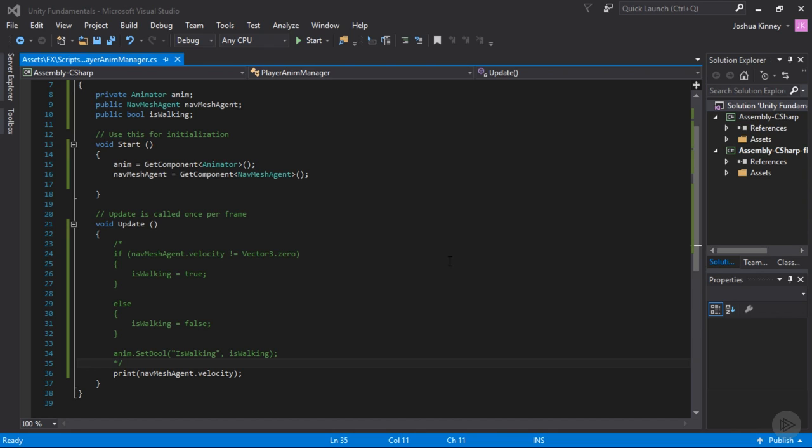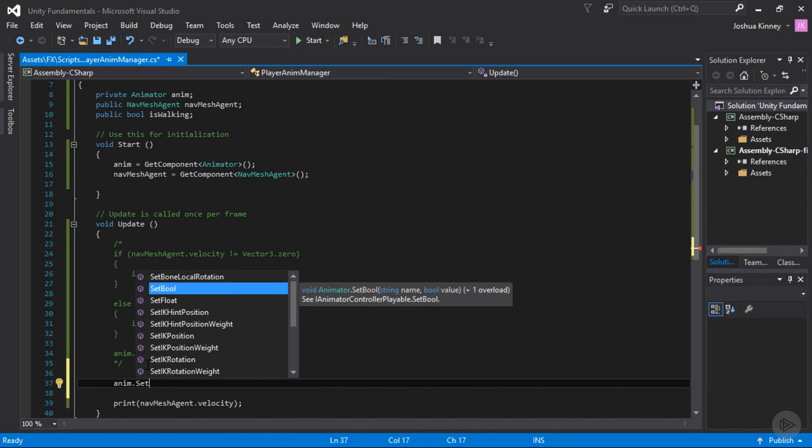Now, if you would like to pause here and try experimenting on your own, go ahead and do that now. So let's go ahead and take a look at how we can set that float value and what we have to tie it to. So what we wanted to do is we wanted the NavMesh agent velocity to drive our blend tree. And so what we're going to do is use a line of code, which we've already seen once. We're going to type in the line of code